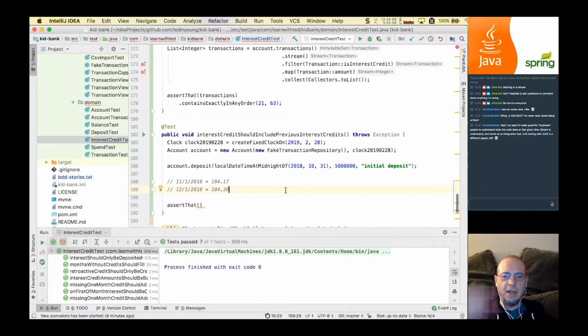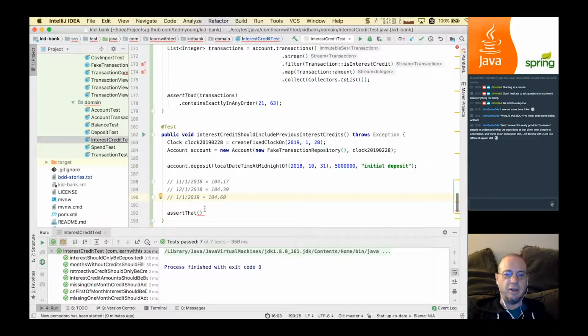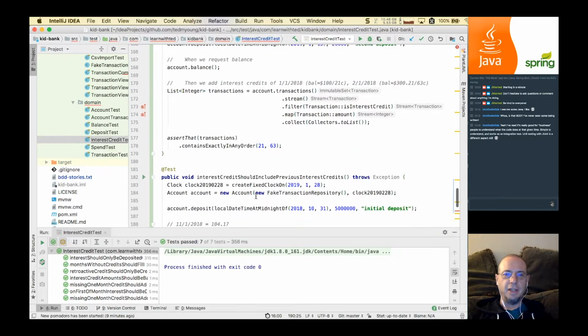I almost feel like I just want to run it and see what it comes out with, and then throw the test away, because I feel like this is not going to tell us very much. So basically, then the last one, since today is the 28th, let's make this January 28th, so that way we only have 3 transactions. We'll have this one on 1/1/2019, and that's going to be, I don't know, 104, probably something like 60 something. I don't know, we'll see about that. I could plug this into a spreadsheet and have it figure it out, but all right, so we're going to